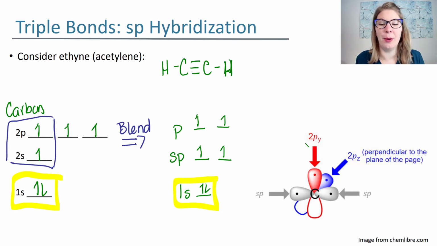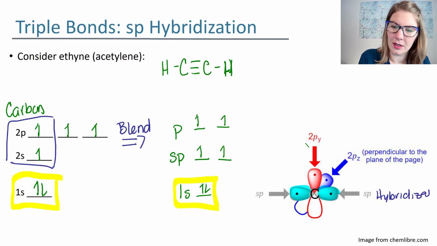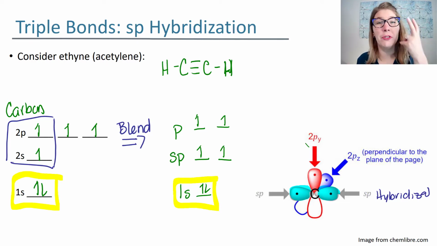So we end up with a different situation now where I have sp hybrid orbitals here and here in the bottom right-hand corner. These are my hybridized orbitals. And then we have two p orbitals that were unhybridized. And these two p orbitals are 90 degrees apart from one another. Right? One is along the y-axis, the other one could be along the z-axis, but they're 90 degrees apart from